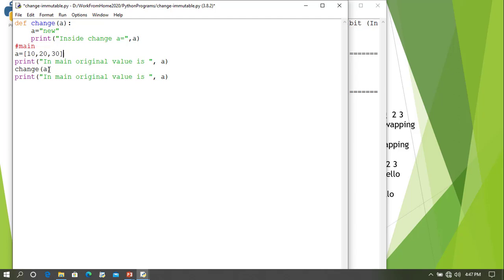Now let us try to change a and see the changed value. Here we'll try to change some value, say a[1] is 100. Now save it and run.